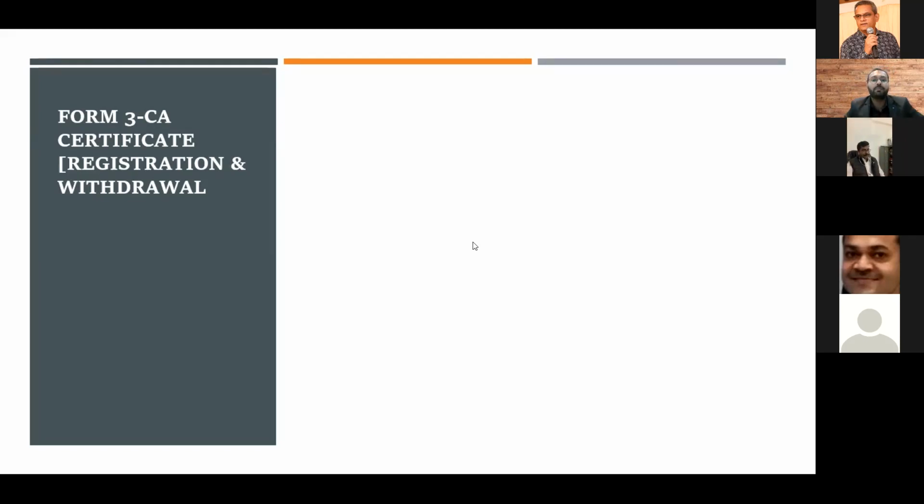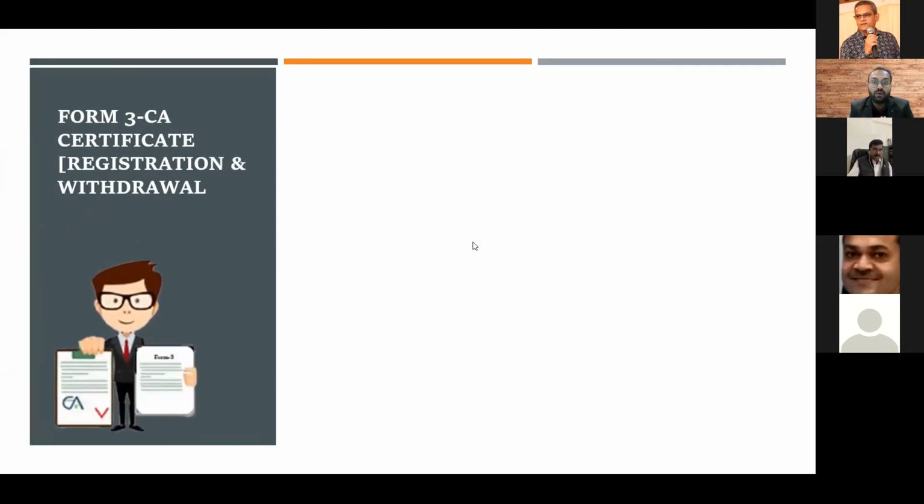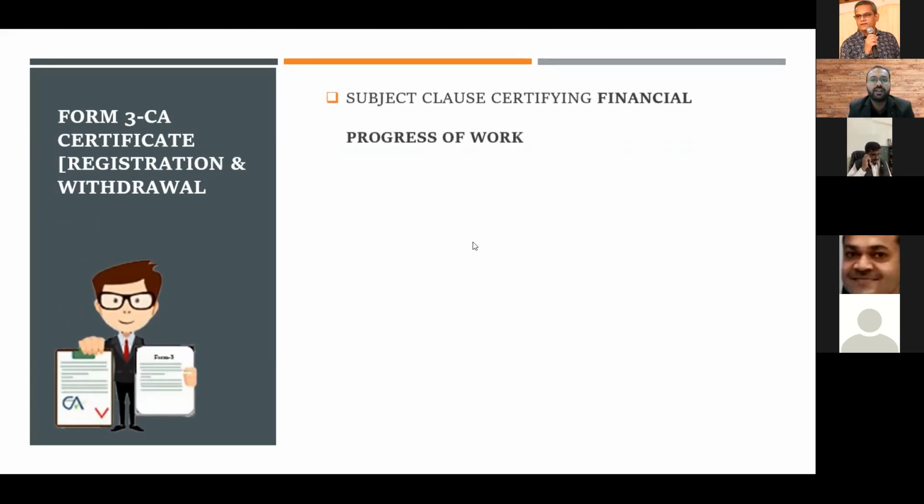But अभी यहाँ पे एक role shift हो गया. So now additional responsibility has been given to the chartered accountant, that apart from certifying the cost, he has to certify a few other things that we will see in this slide. So subject clause, ये तो clause था ही नहीं. Form 3 में कुछ ऐसे subject clause या फिर कुछ भी नहीं था, but अब subject clause हम लोग के certificate में insert किया है.